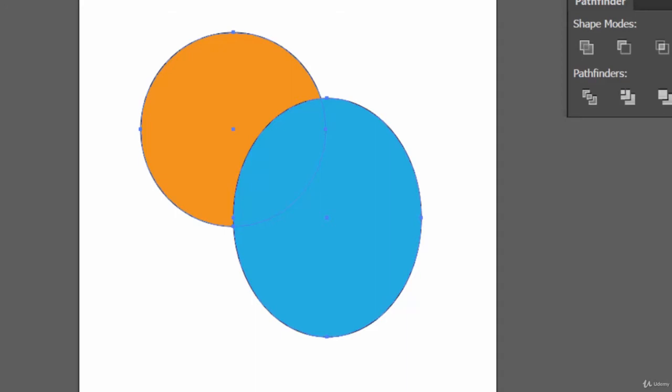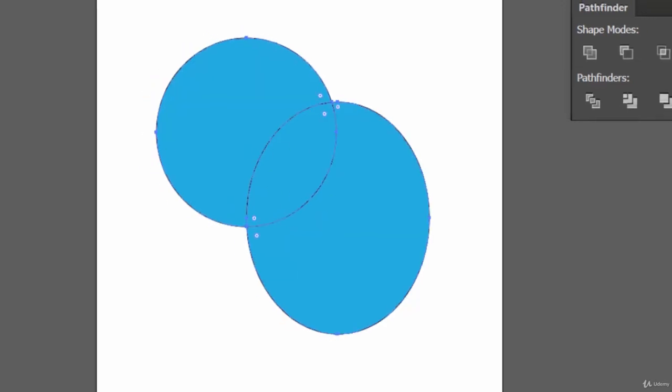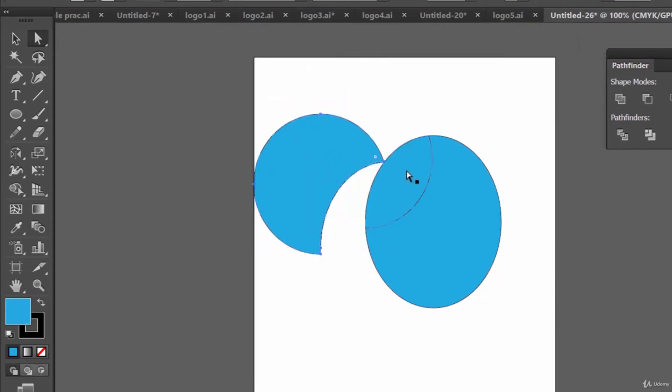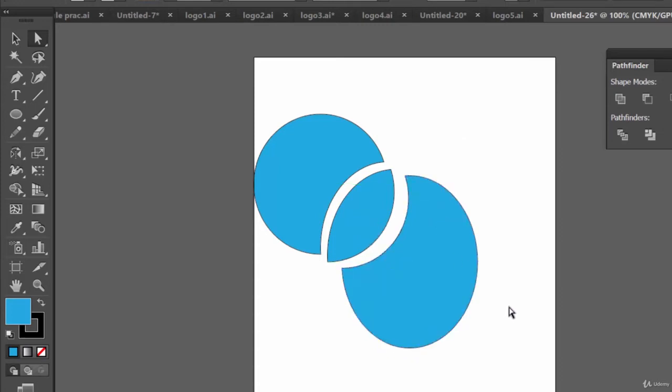Now just click at a portion, click at another portion, and click at another portion. So what it does is, by clicking a part, you are separating that part. I mean to say, now let's select the direct selection tool, select this part, and you can divide it. You can separate it. Select this part, see, select this part, see, again.